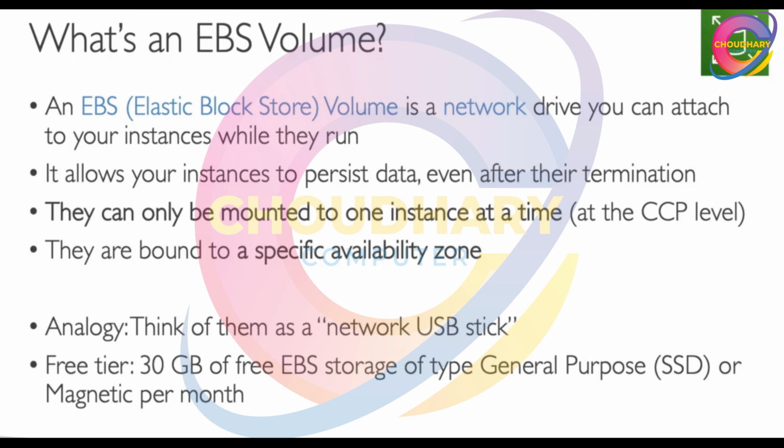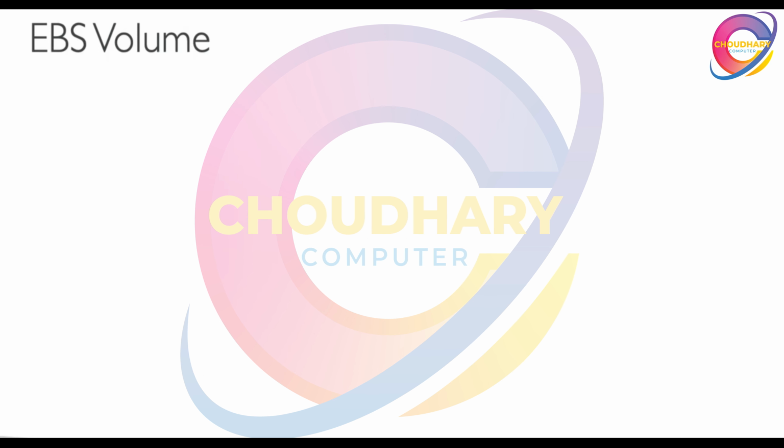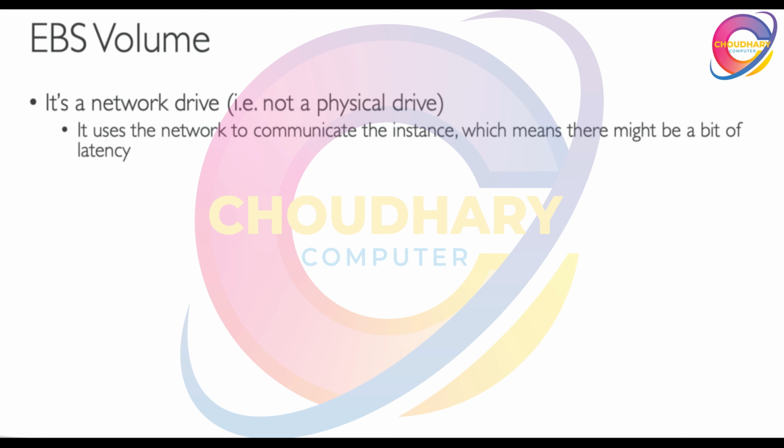The free tier gives us 30 gigabytes of free EBS storage of type general purpose, so SSD, or magnetic per month, and in this course we'll be using this with the GP2 or GP3 volumes. Now let's look at it. EBS volumes are a network drive, as I said, it's not a physical drive, okay? To communicate between the instance and the EBS volume, it will be using the network. And because the network is used, there may be a bit of latency